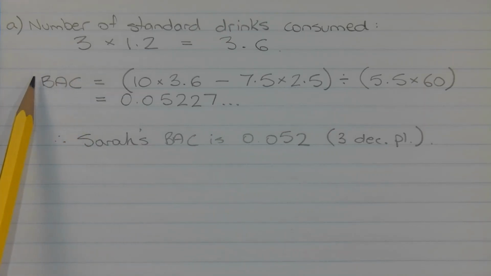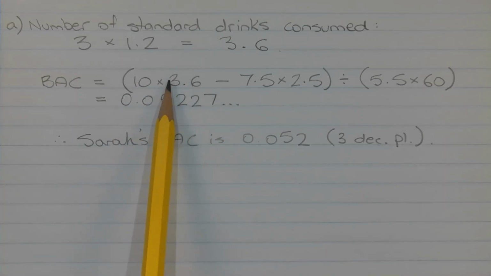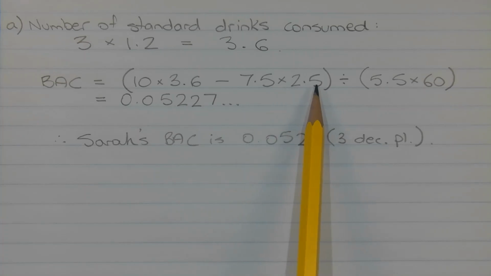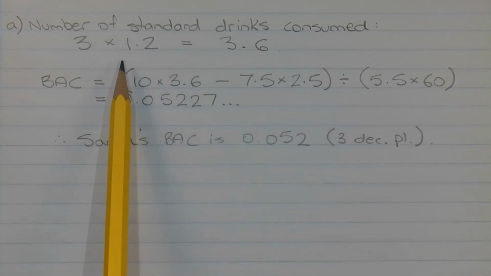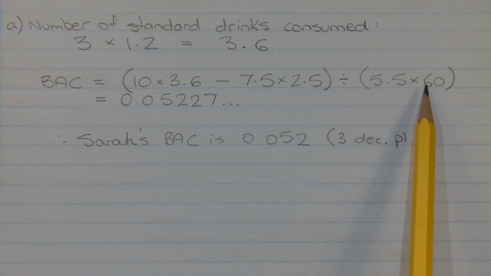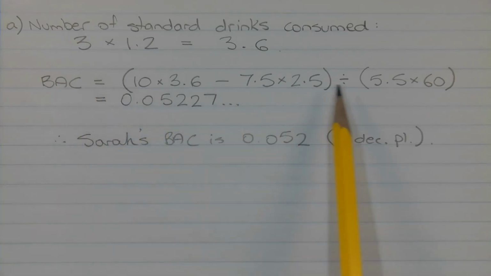Now we can apply the BAC formula. So BAC is equal to 10 times 3.6 standard drinks minus 7.5 times 2.5 hours. I've enclosed that in brackets, and I'm going to divide that by 5.5 times Sarah's weight, which is 60 kilograms, enclosed in brackets as well. Alternatively, we could enter that as a fraction, but we could also do it this way using brackets and the division symbol. Either way, this evaluates to